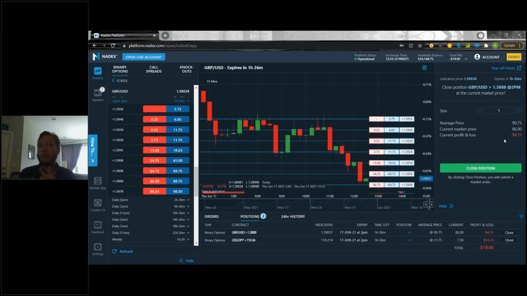Most of the time, it is going to get you out basically right away, within a couple milliseconds of when you hit that close order. If you think about it, here's the front end, here's the back end where everything's working. You hit the close button, it goes to the back end, processes everything, matches it, and goes all the way back to the front end. That takes maybe a hundredth of a second.